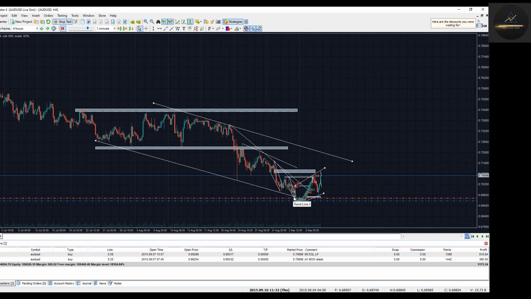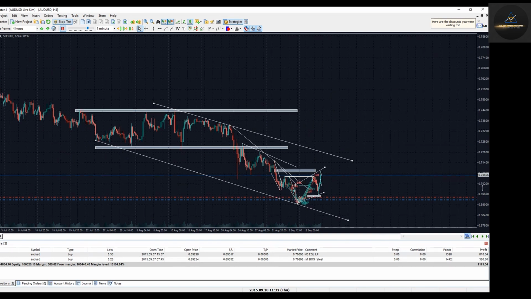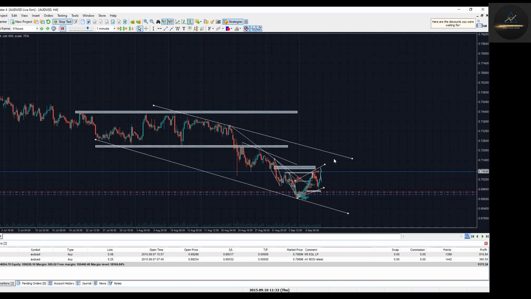I think I see what I'm looking for. Okay, so 1, 2, 3, 4, 5. Okay, I see. It's coming up here. So because of the nature of the trend on the higher time frame, we can all see this is a very strong trend. But if we zoom in now,